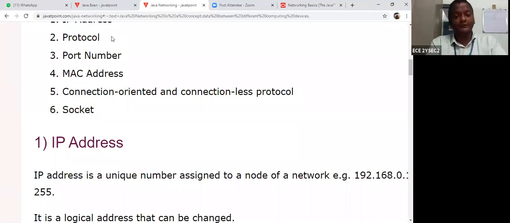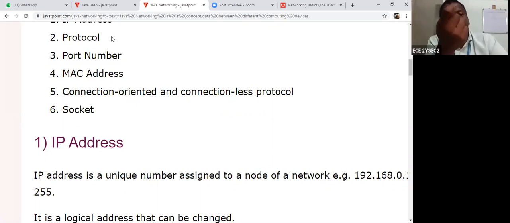Then protocol. So what is the protocol? Suppose you want to receive a letter by post, then there are certain rules. Similarly, if you are accessing data from the network, there are certain protocols, certain rules.